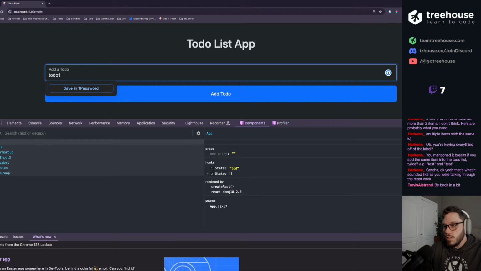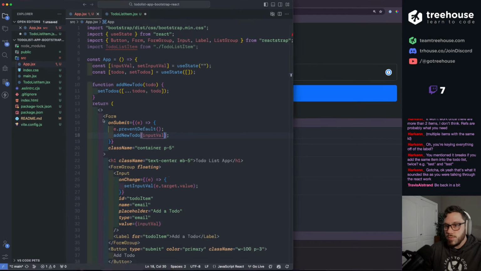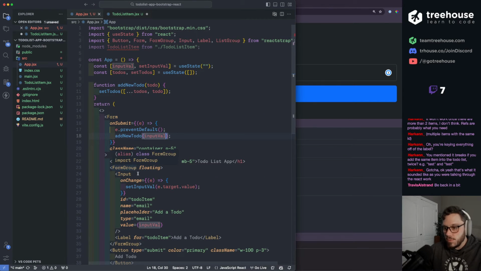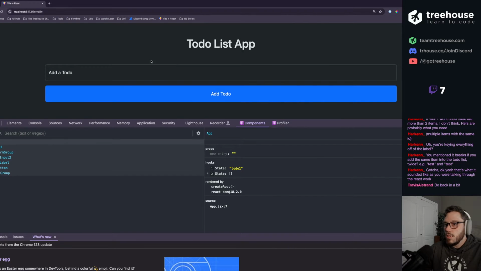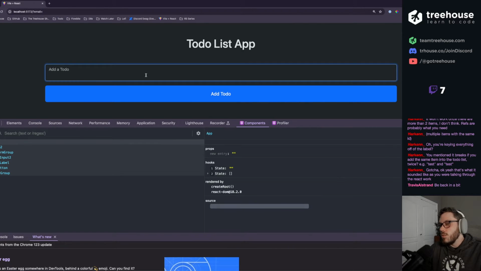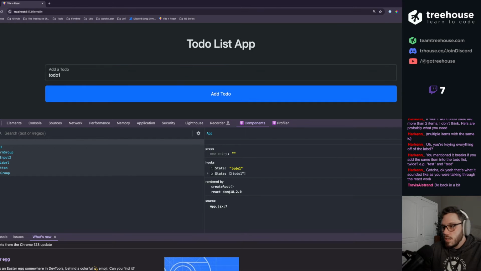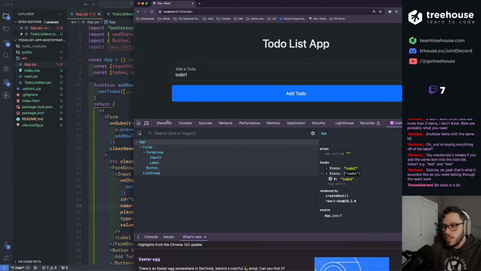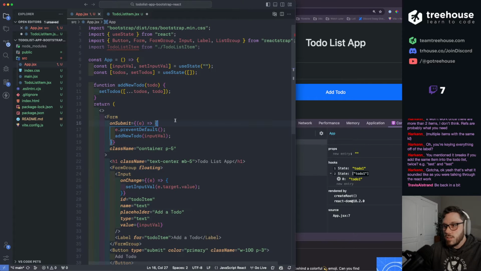To do one, if I hit add to do, oh, I need to take this email off of the type. Let's do text. Name, we'll just do text too. It's fine. All right, so if I do to do one and hit the button, it does add it to state, but I bet I wouldn't be able to render it. Let's try.